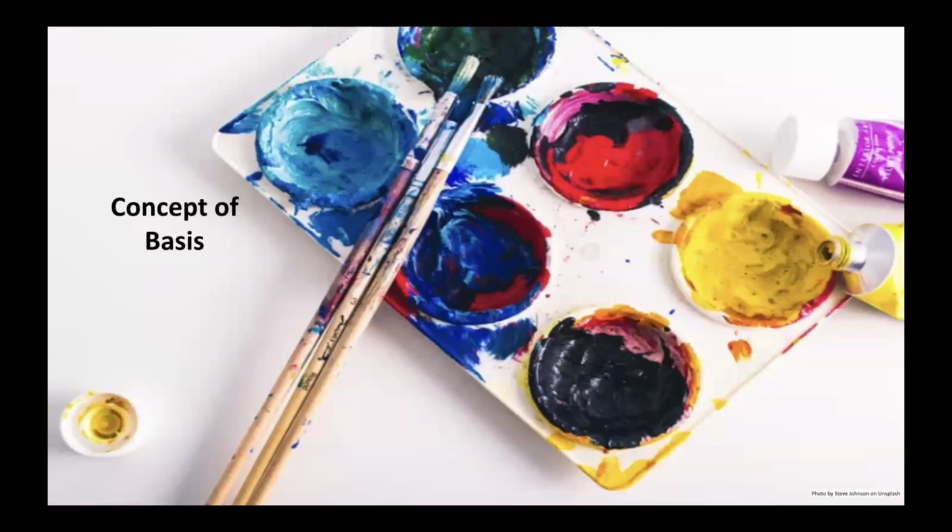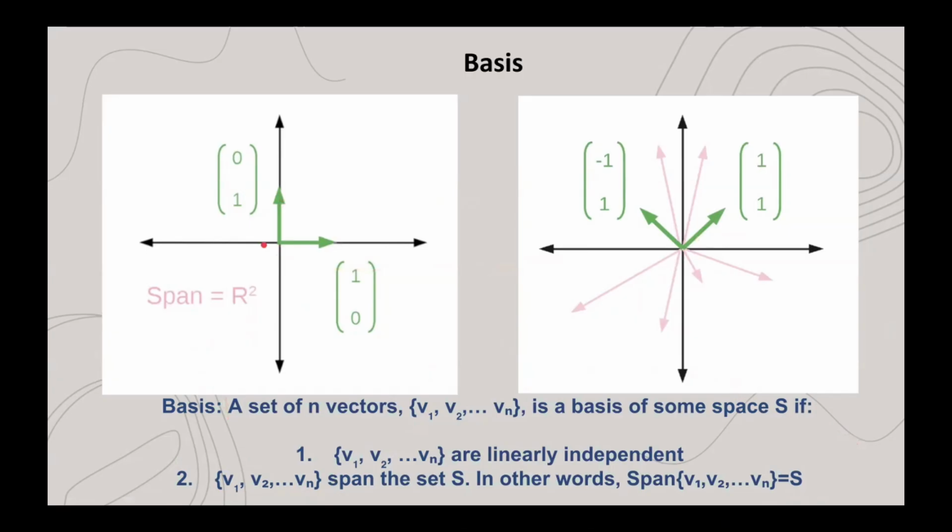We call the concept of span a set of all linear combinations of a number of vectors. So since you can make all of the other colors by blending these 5 colors, we could say that these 5 colors span the set of all colors. And each color in the set of 5 is necessary because it cannot be made by any other combination of the leftover 4 colors. So we say that these 5 colors are linearly independent. Remember these two properties because they define basis. Take the vectors 0, 1 and 1, 0 for example.